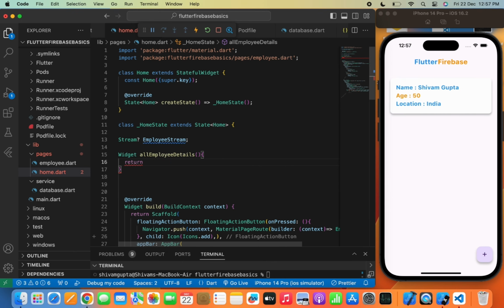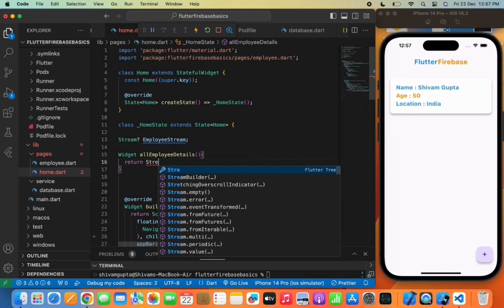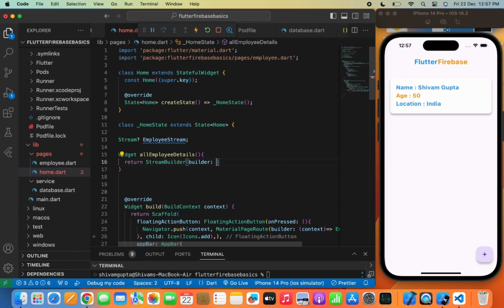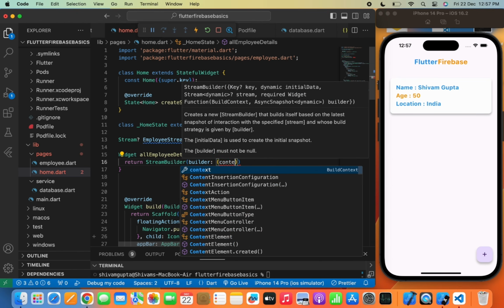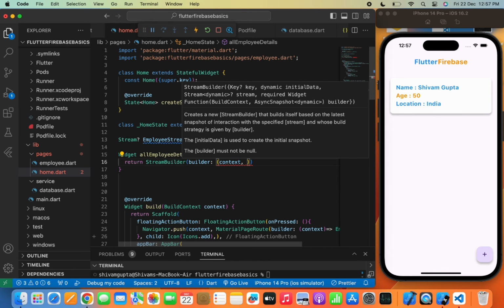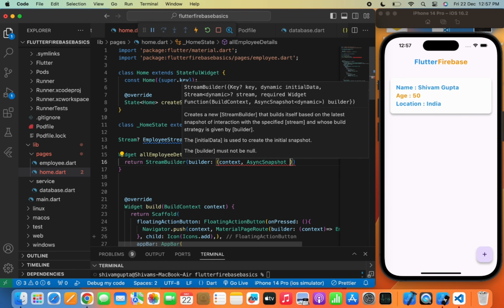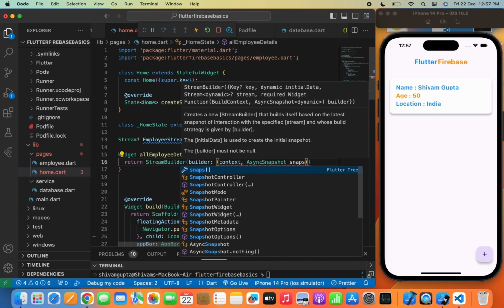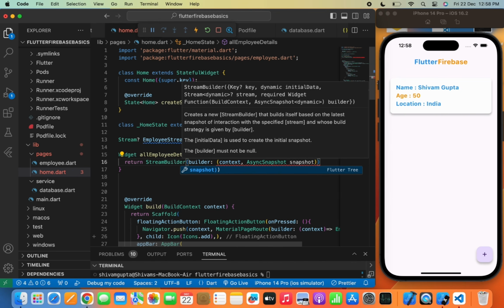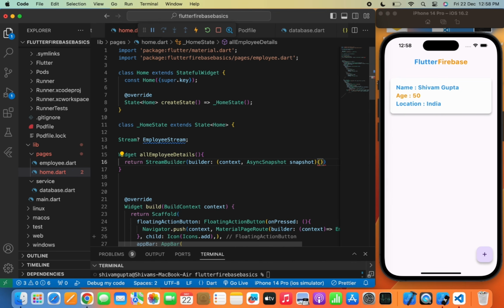In the return I will create a StreamBuilder here, and in the builder I will write context, AsyncSnapshot, and return